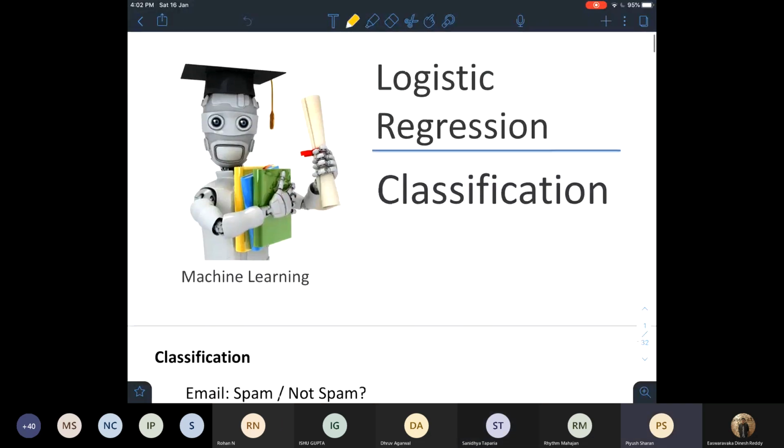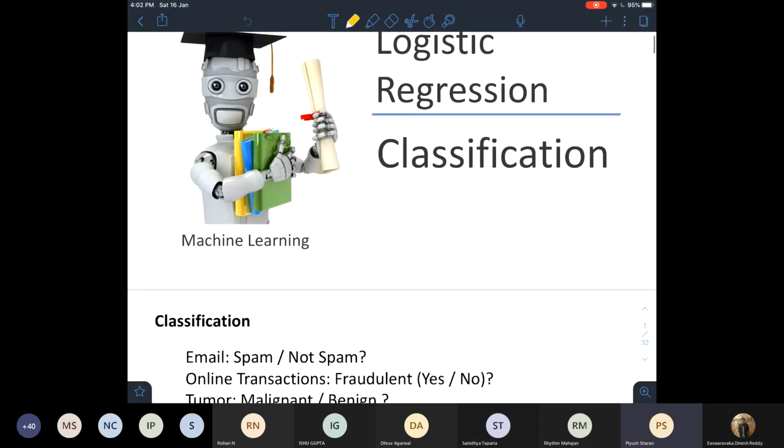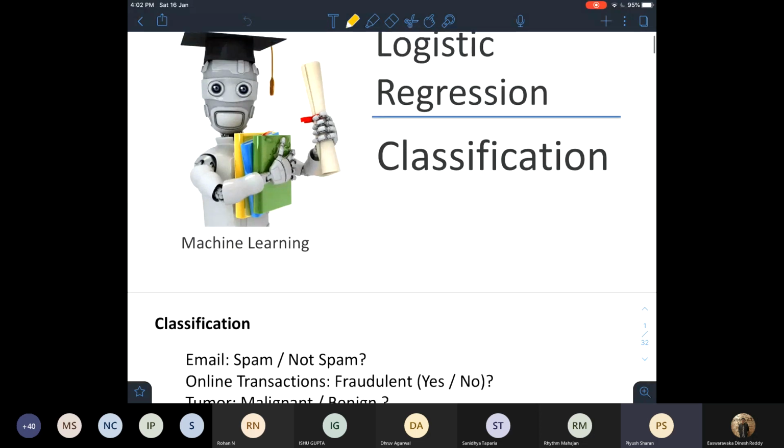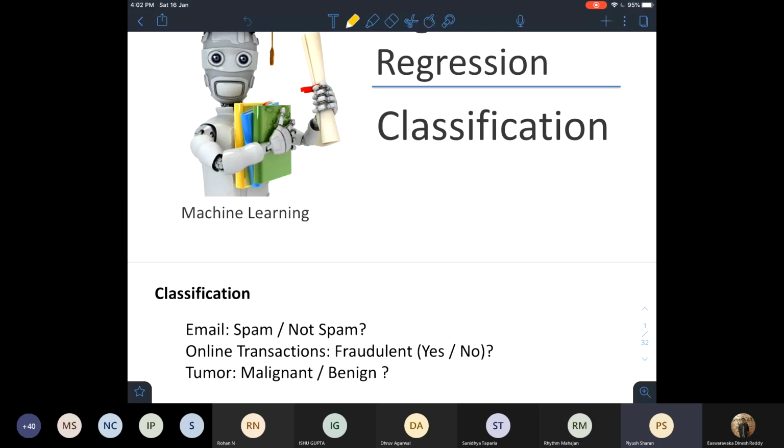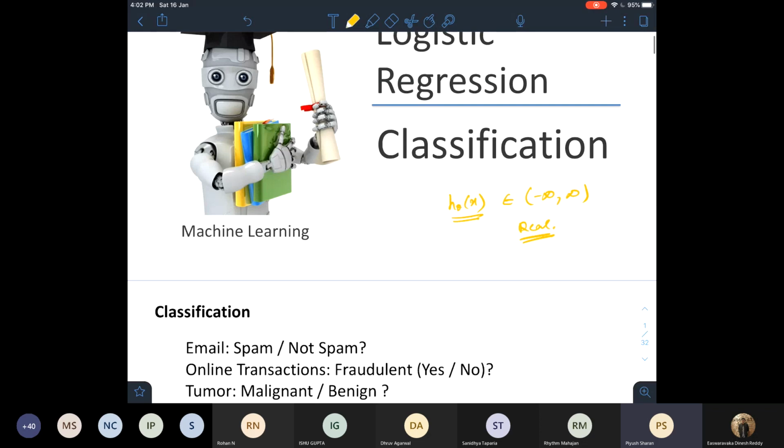Okay. So let's move on to logistic regression. Linear regression is one of the algorithms that can solve problems for us. But you must remember that the linear regression hypothesis function gave values in the range of minus infinity to infinity, any real value.